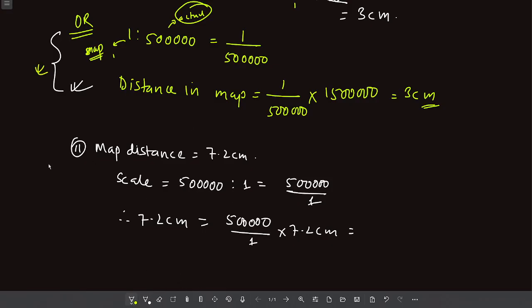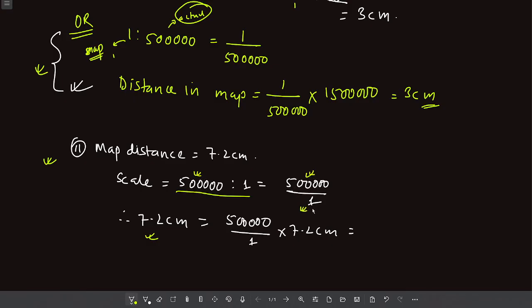Can you see the difference between these two? Here actual distance has been converted to map's distance, and here map's distance is being converted to actual distance. That is the difference. And how I have taken this scale here, look at this. Whenever I am converting the map distance into actual, I am keeping this actual distance in the numerator, and the